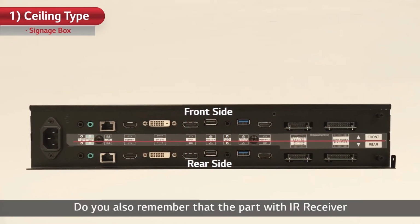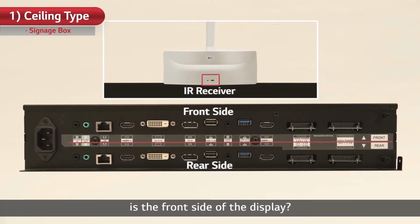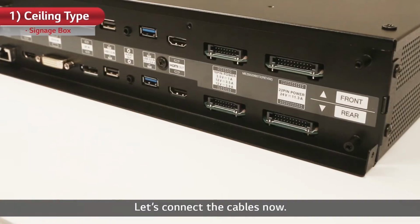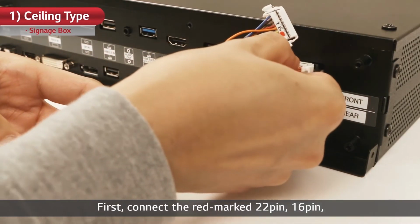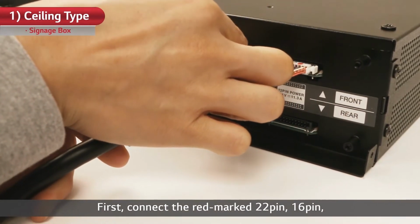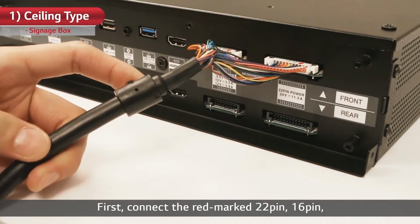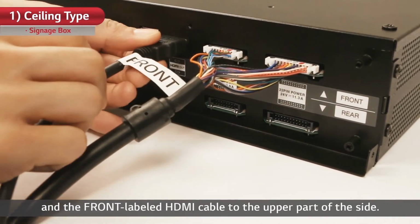Do you also remember that the part with IR receiver is the front side of the display? Fantastic! Let's connect the cables now. First, connect the red marked 22-pin, 16-pin, and the front labeled HDMI cable to the upper part of the side,